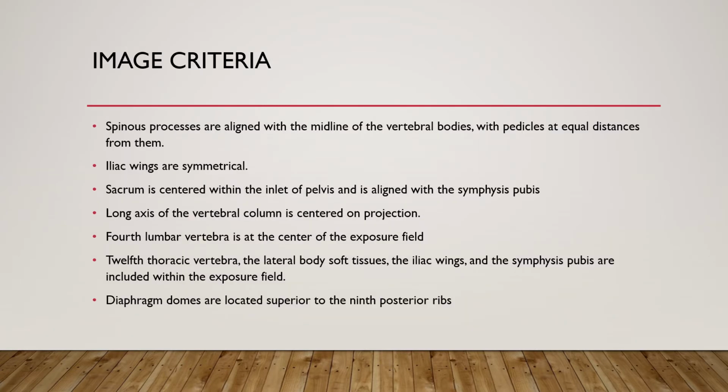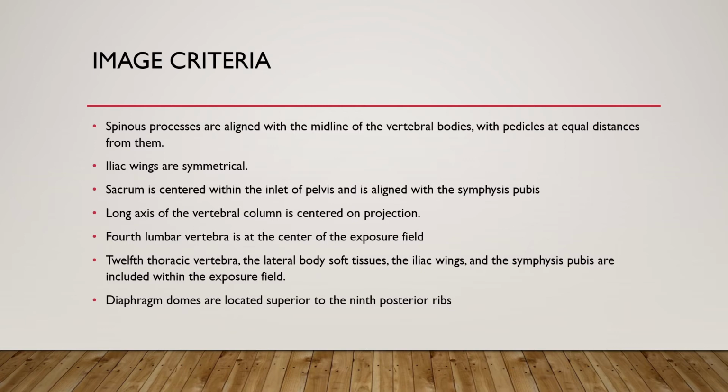Image criteria for an AP abdomen. So you want the spinous process to be in the midline of the vertebral bodies, with pedicles at equal distance. The iliac wings have to be symmetrical and in line with each other. The sacrum should be centered within the inlet of the pelvis and aligned with the symphysis pubis. The long axis of the vertebral column should be centered on projection. The fourth lumbar vertebra is going to be at the center of the exposure field, which is in line with